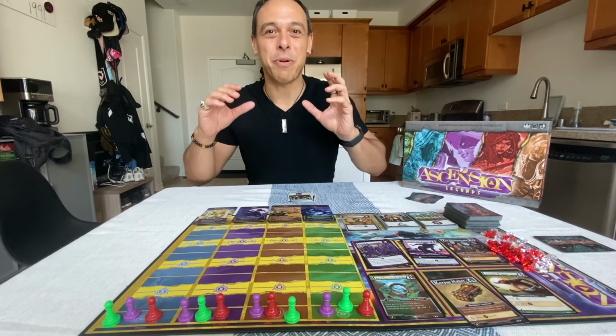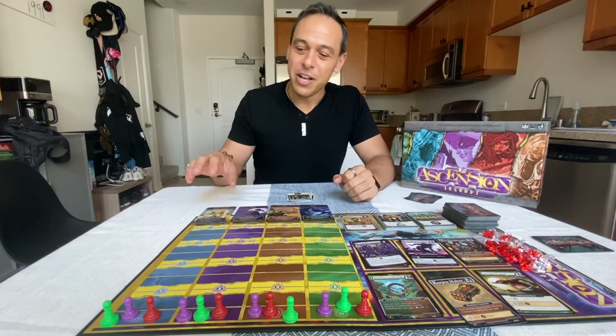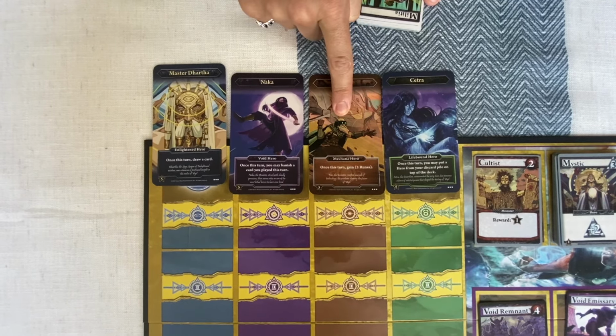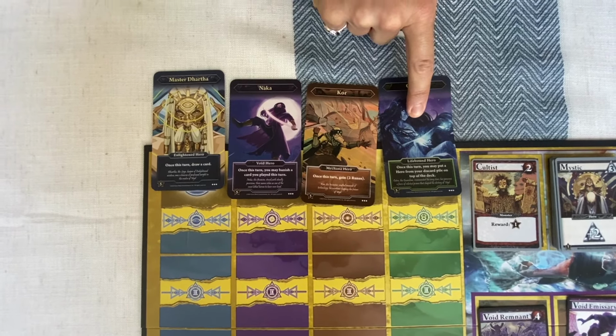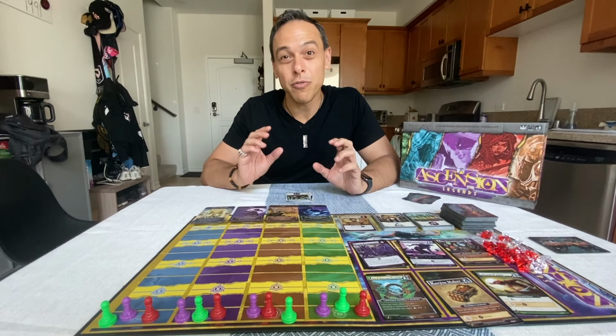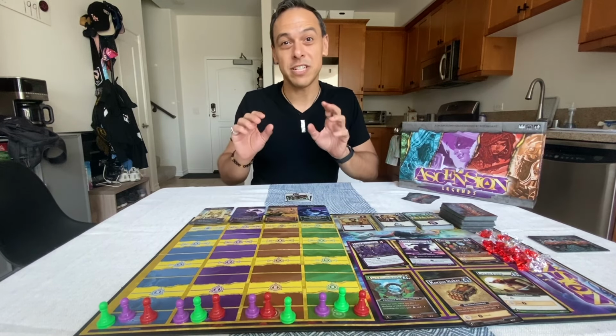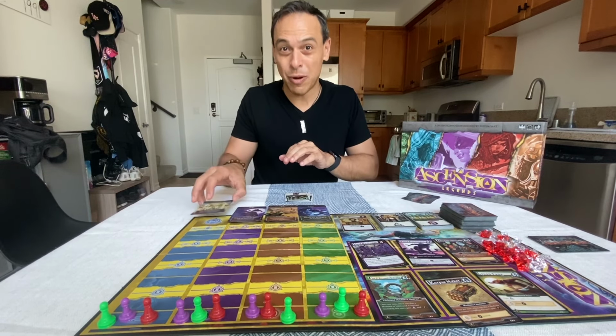The Legendary track is probably the biggest new mechanic that we've introduced. We've brought in legendary characters from the history of the game, so if you're a fan of Ascension, you'll recognize characters like Master Dartha, Naka, Kor, etc. And each one of those gives you a special boon when you earn enough renown with those characters. Now, there are different types of legends that can show up, so you can actually swap them out,